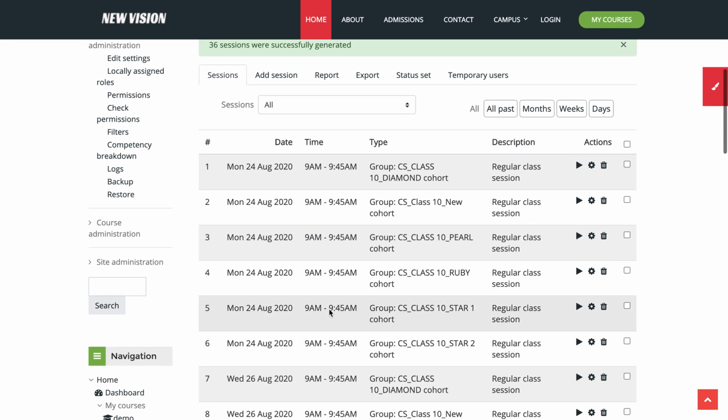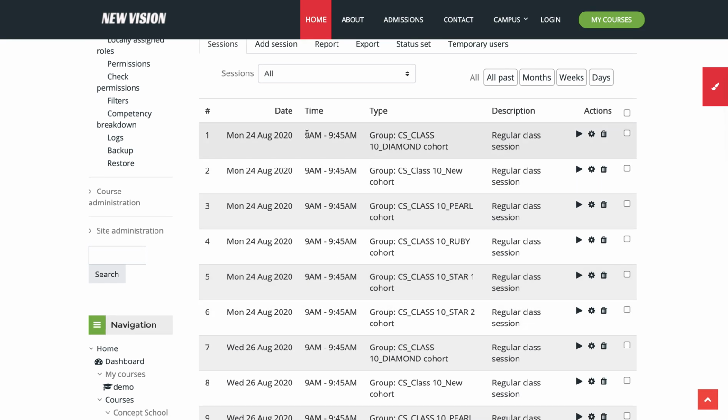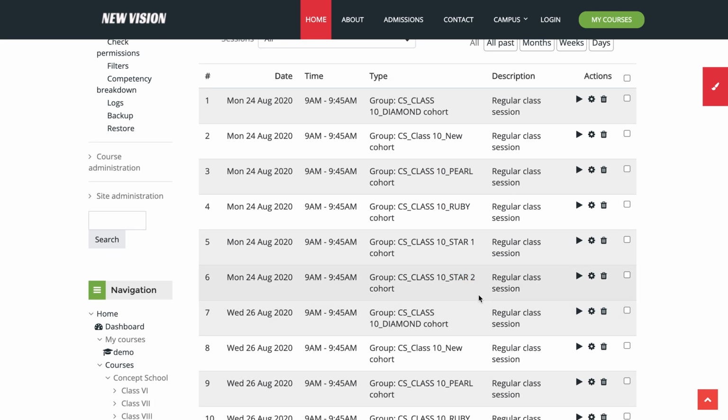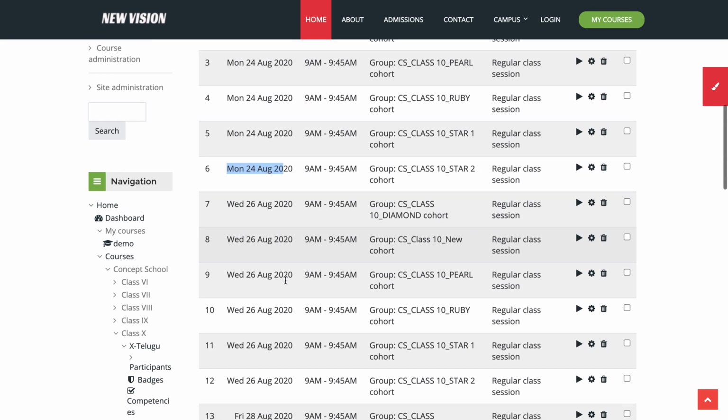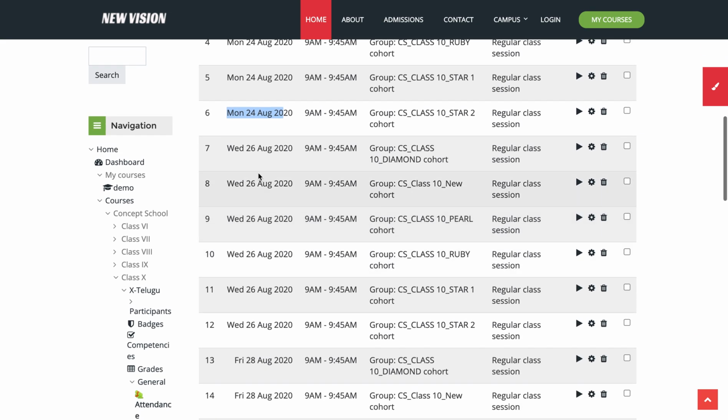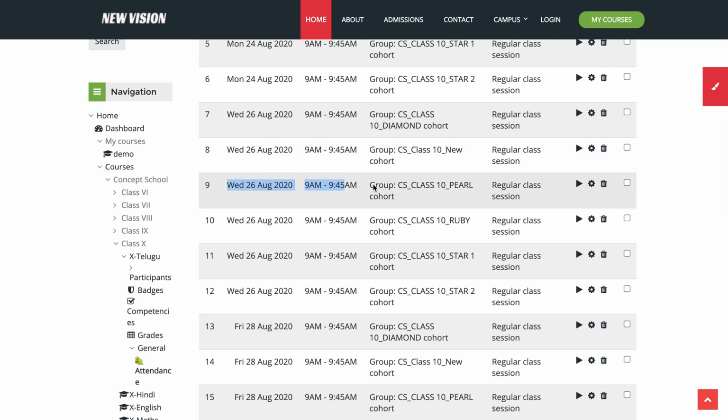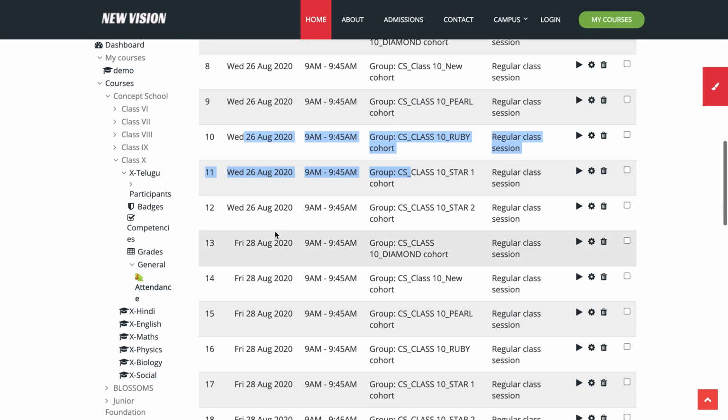Earlier if you see there is nothing present here, now you could see 9 to 9:45 there is an attendance created for diamond, new admissions, pearl, ruby, star 1, star 2. This is on 24th of August, that is Monday. I have selected Monday, Wednesday and Friday, right? So see this Wednesday there is another session created for all the groups.